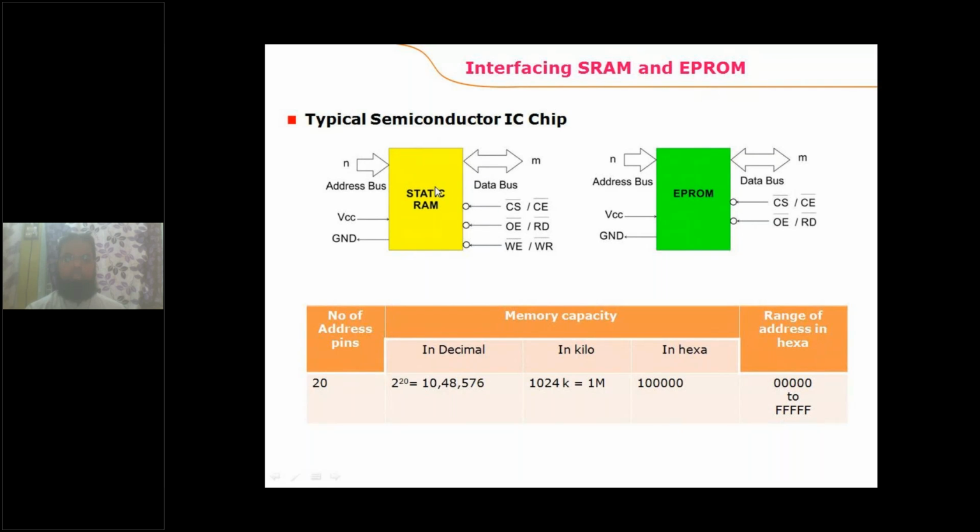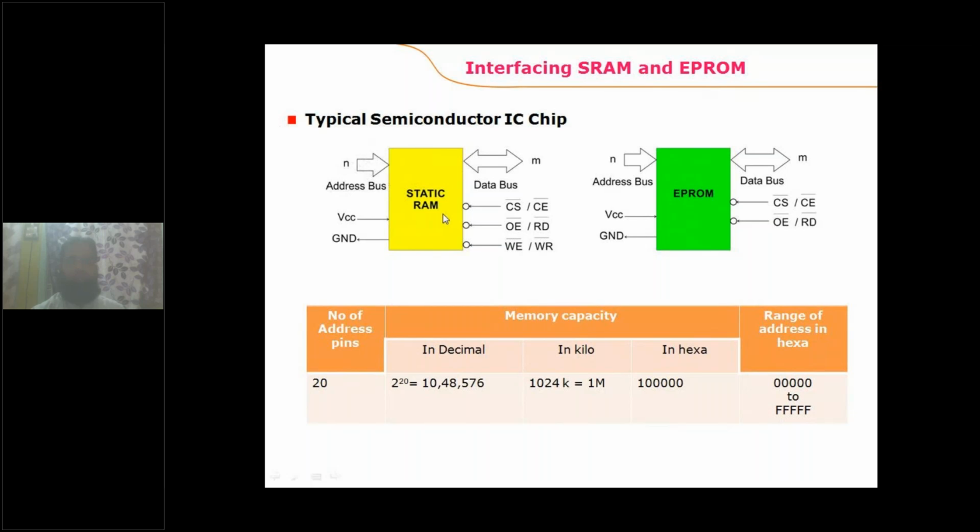So this is the maximum size of the chip that can be connected with the 8086 microprocessor, which is 512 kilobytes. And 512 kilobytes is nothing but half a megabyte of memory. So if it is the maximum sized memory, then the number of address lines is 19 only, not 20. In this case also, the number of address lines a memory chip consists of is less than the number of address lines of the 8086 processor.